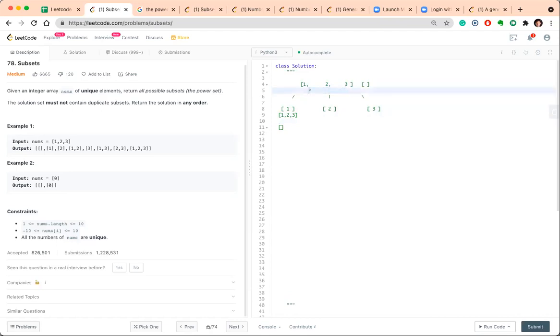Initially, while we were initiating this recursion, our first pointer was here, and this path we came here, and here the first pointer was pointing to 1. Now instead of leaving it there, while passing it for the downward recursion call, we incremented this pointer to 2. That is just one processing that we did, so that our recursion should stop when this pointer reaches the end. That could be our base case.